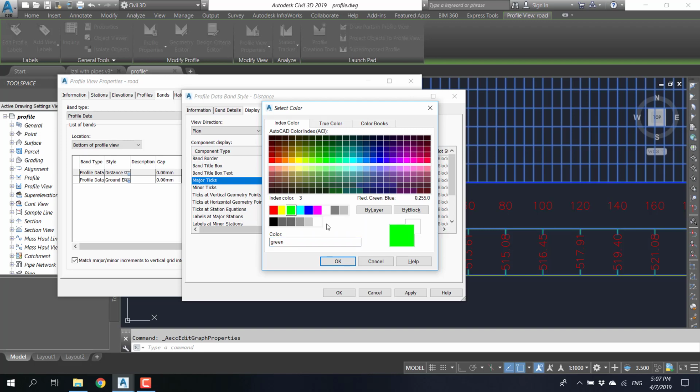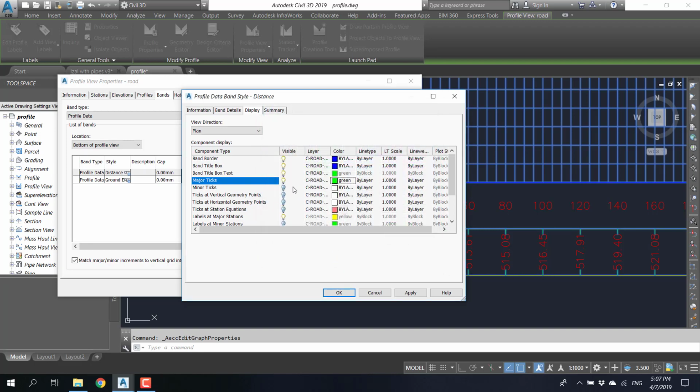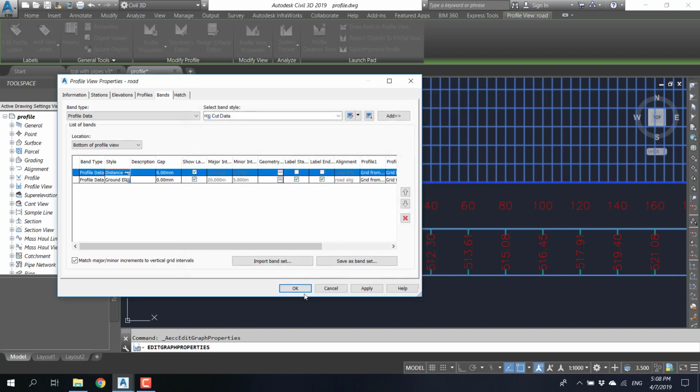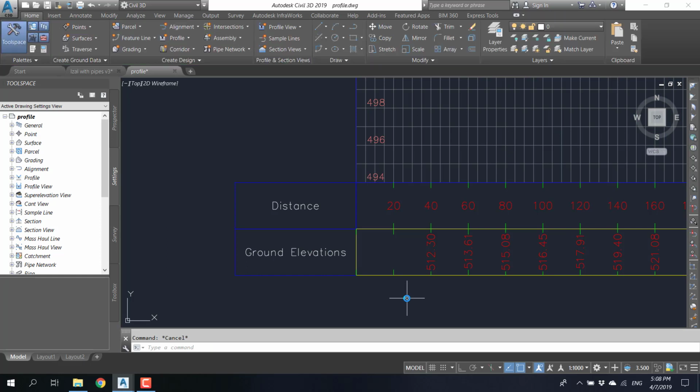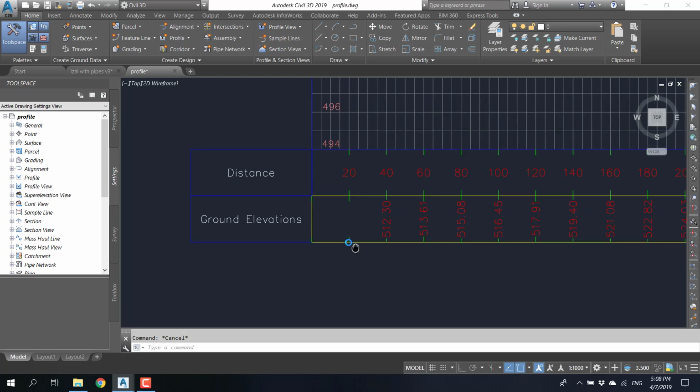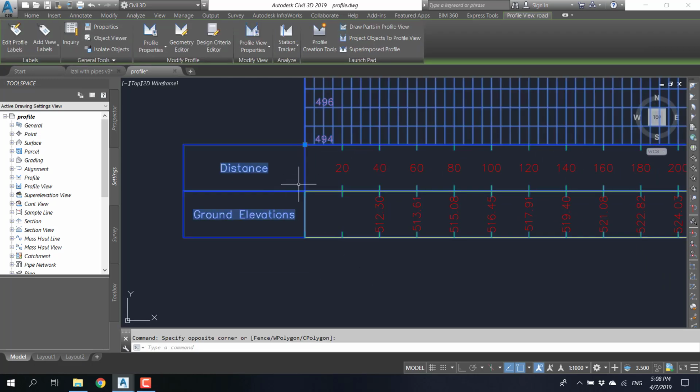Here, make it green as the second band, the same as in the second band. Labels at major stations. Okay. You see now we have the text for the distance,